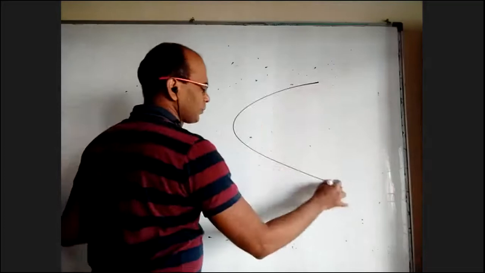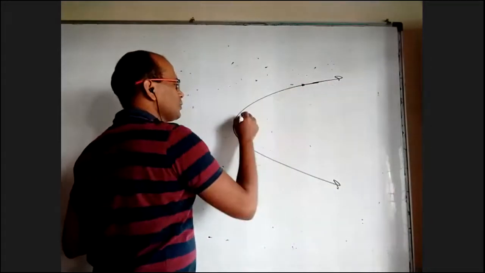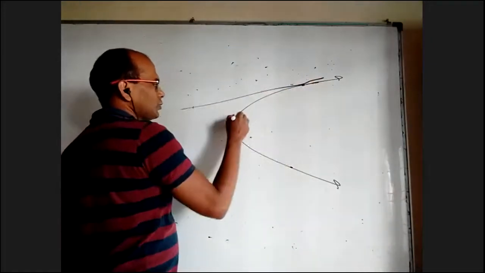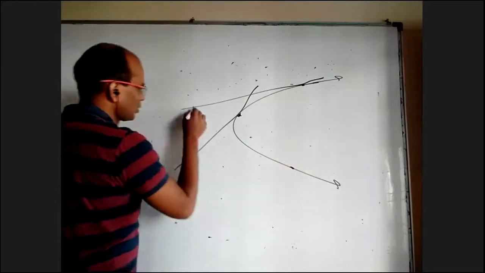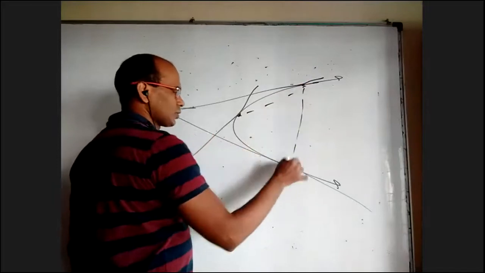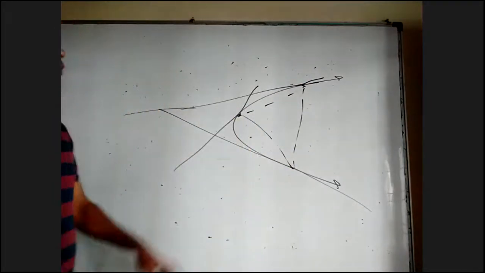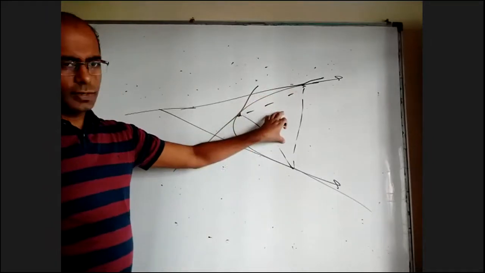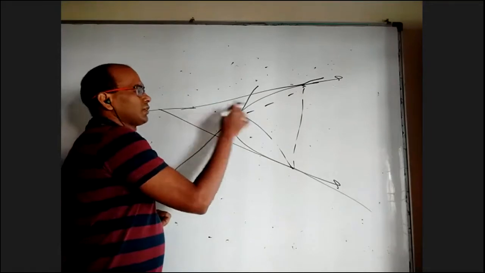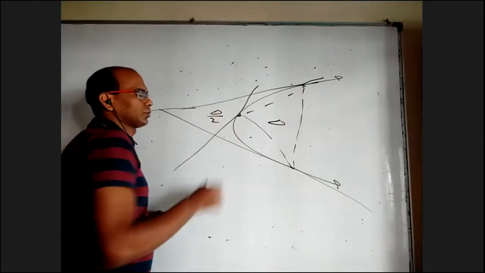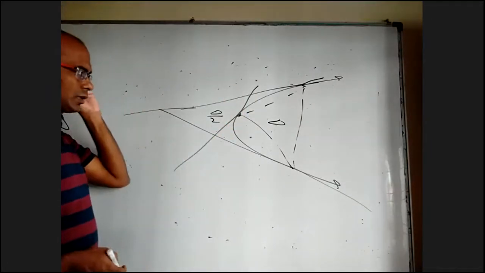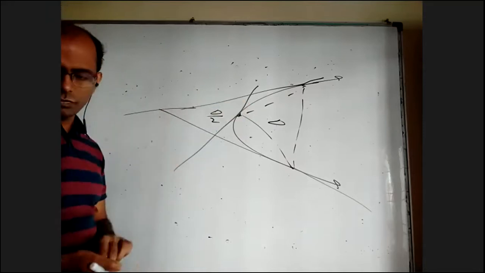We have a parabola. Take any 3 points on the parabola. Draw tangent here, draw tangent here, and draw tangent here. And also join these 3 given points on the parabola. So whenever you take 3 points on the parabola, they'll form a triangle. It has some area. When you draw tangents there, they'll also form some triangle. This area is always half of this. If this is delta, this is delta by 2. Of course, in the figure they may look the same because I did not draw the parabola that properly. Otherwise, okay. How to prove that this area is always half of this?